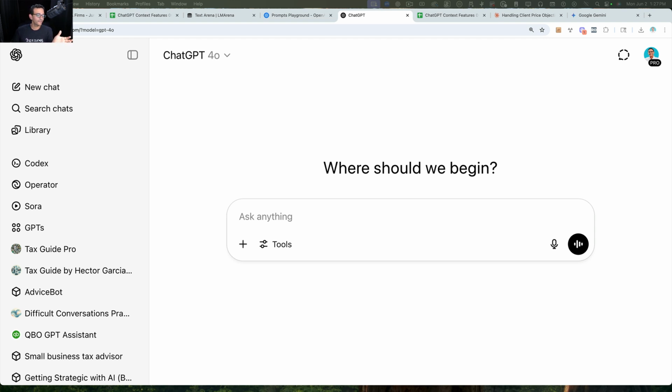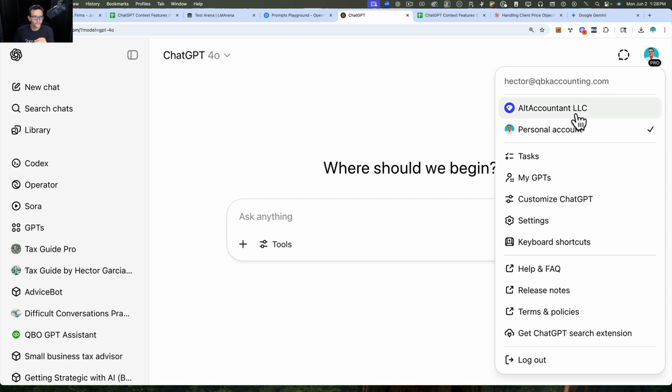A lot of people are asking me, what version of ChatGPT do I have? Are you on the Teams version or the Pro version? The answer is actually I'm on both. I have one version on Team that I collaborate in one of my companies, and then I have one version of Pro that I use with the other company because I do a lot of testing and a lot of content, and I need to know if these two versions give different results, and they do give slightly different results. For you, as an accounting firm, you should strongly consider the Team version, and I'm actually going to show that really quick.